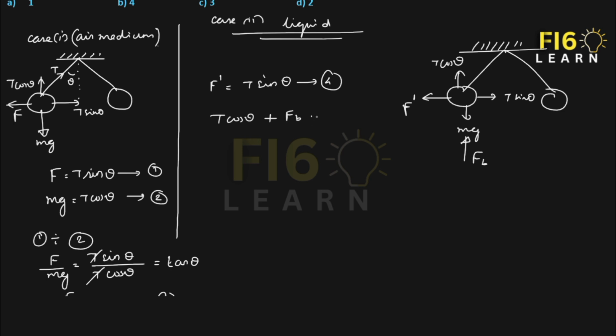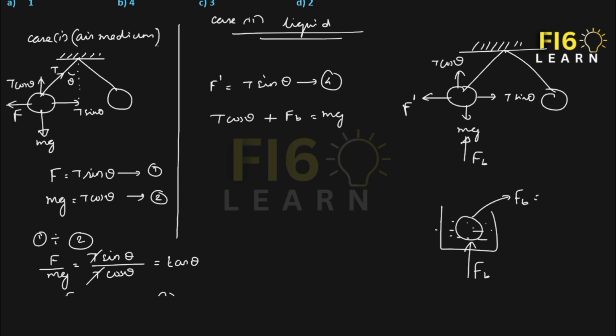F buoyant is equal to, and the only downward force is m into g. Okay, now we have to find the value of this buoyant force. If something is immersed in a liquid medium, any fluid, an upward force will act. That force is called buoyant force, and the value of this force is equal to